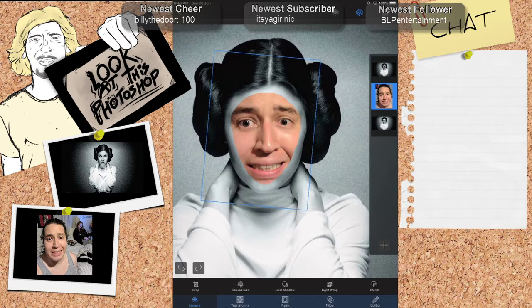Now for this picture, I thought it'd be nice and easy because we don't want to have to worry too much about color matching for our very first one if you're just giving it a go today. So all we need to do for this one, hopefully, is click on filters and then go to effects,